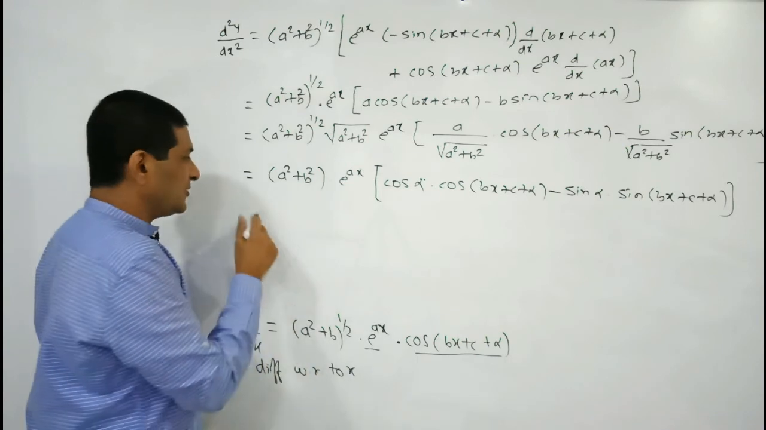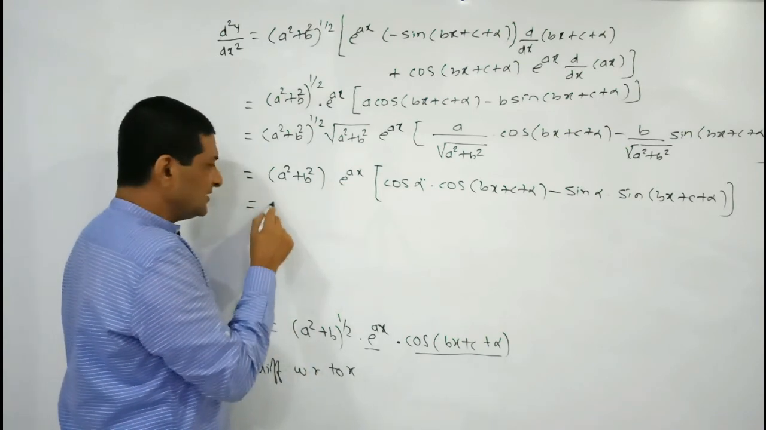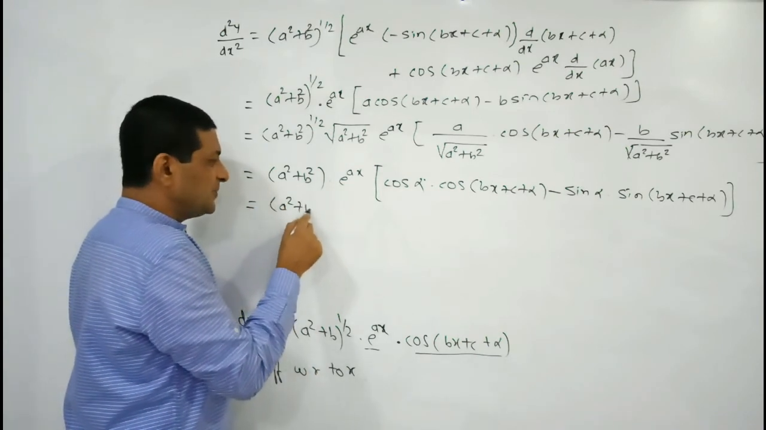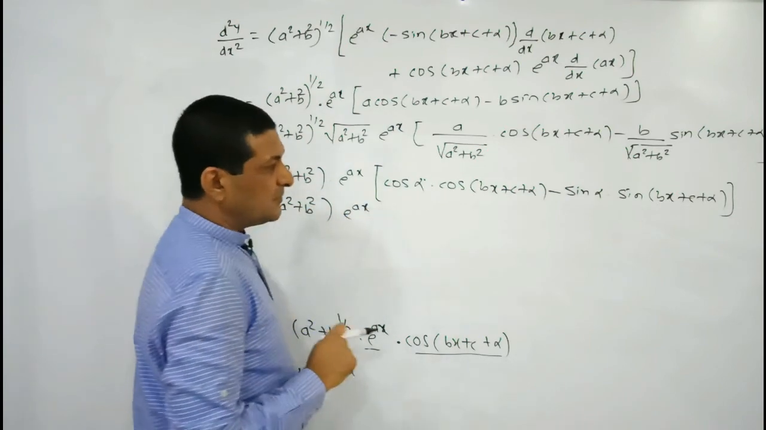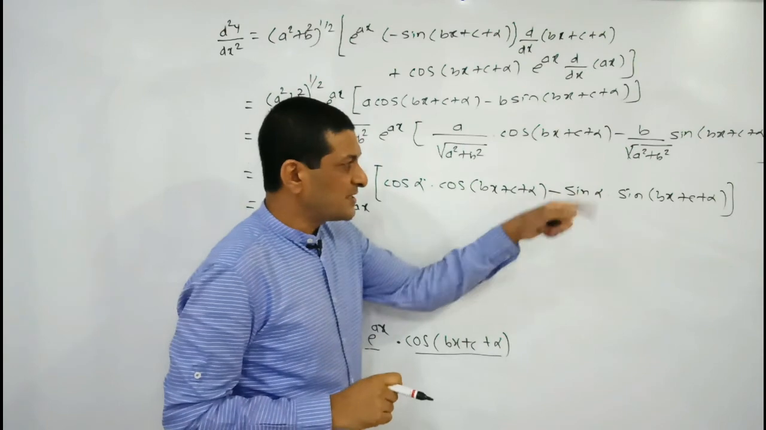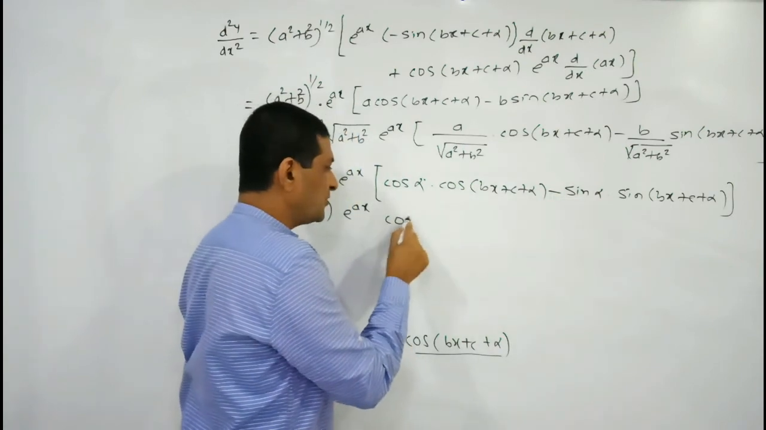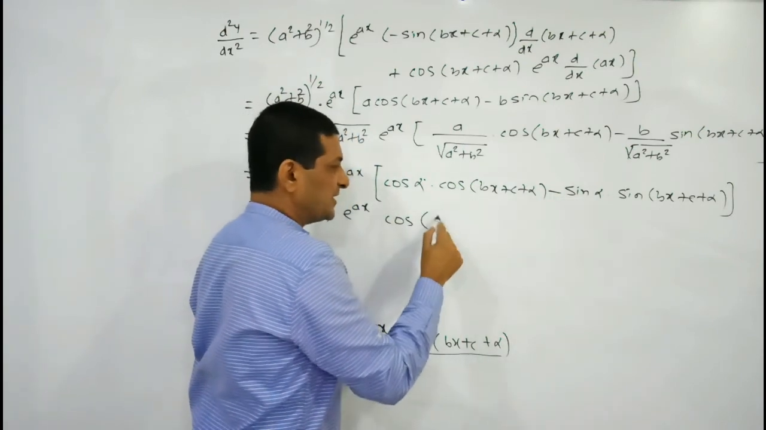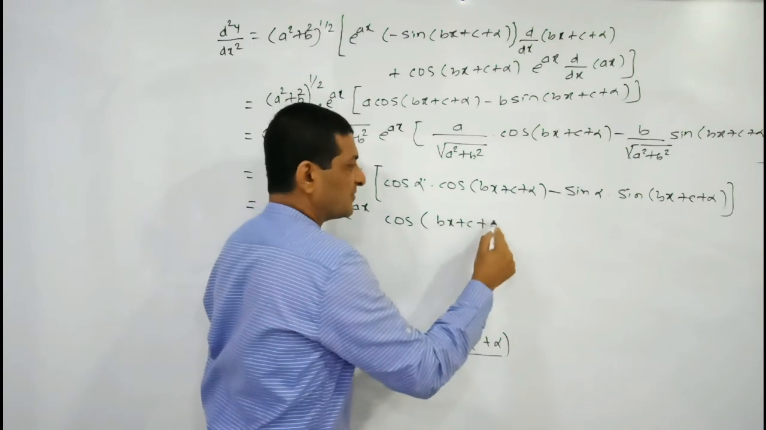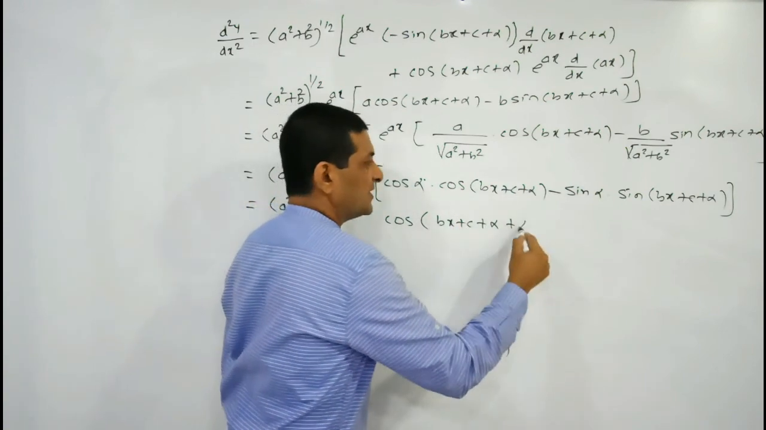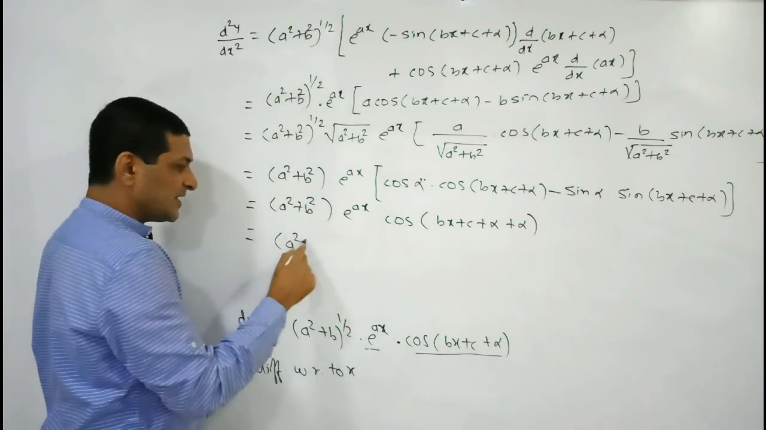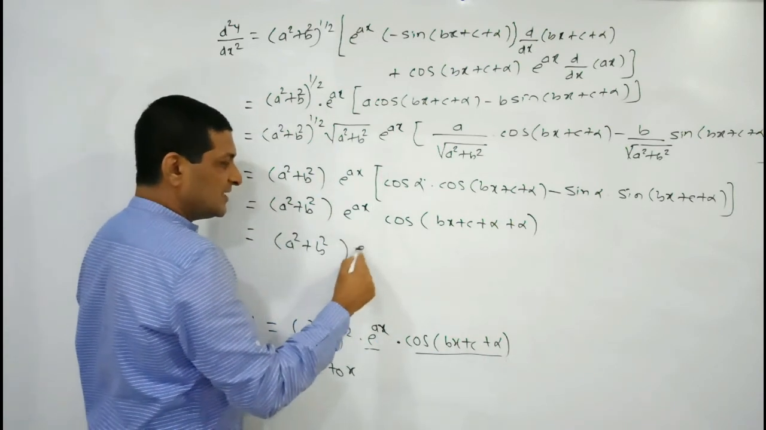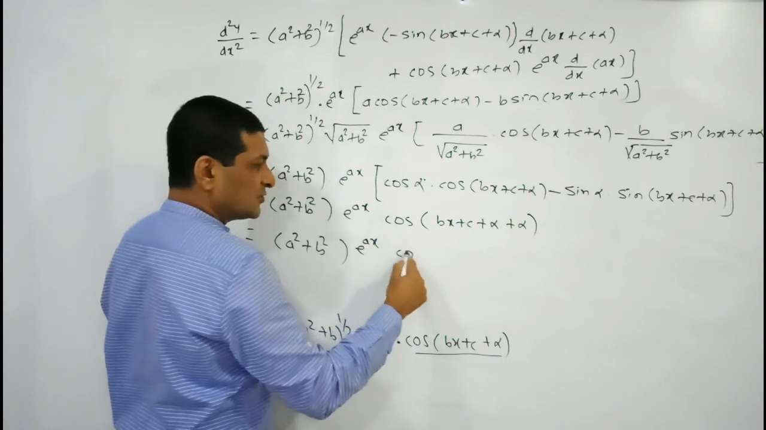So which is equal to, now here a square plus b square, keep it as it is, e raised to power ax also as it is. Now it is in the form of cos a into cos b minus sin a into sin b, which is the formula of cos a plus b. A is bx plus c plus alpha, plus b. B is what here? Alpha, isn't it? So which is equal to a square plus b square e raised to power ax as it is into cos